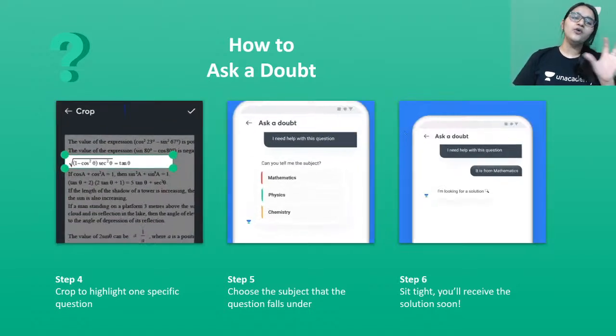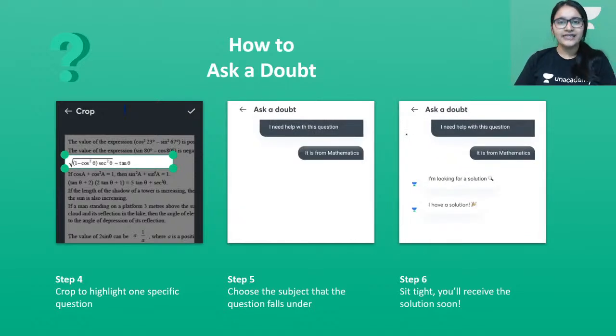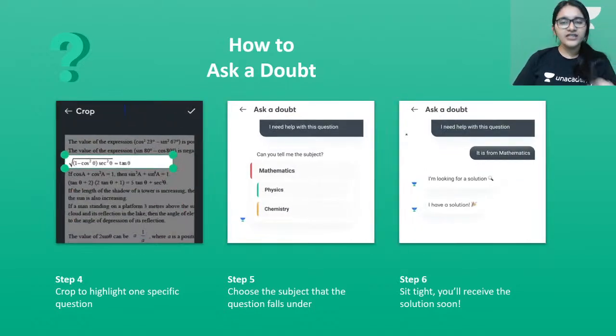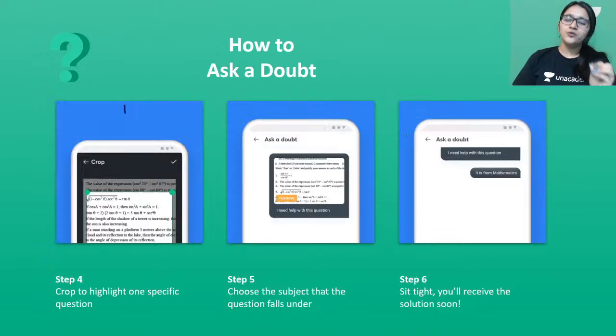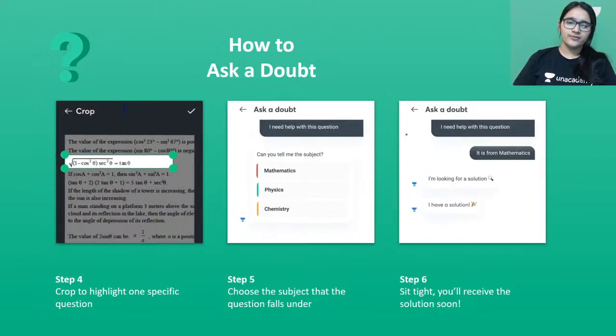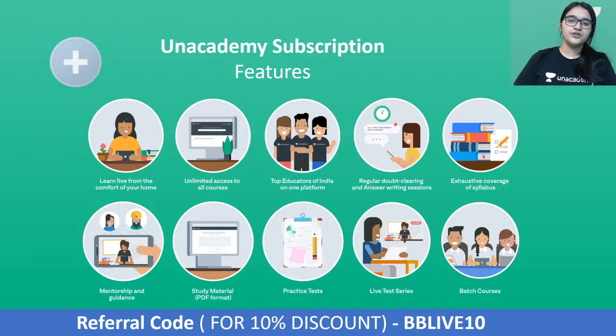Okay? And if they don't have a solution for it already ready, then आपको आपका solution within 1.5 hours मिल जाएगा to one of the top educators on Unacademy. Okay, so everything is available to you at your fingertips. कहीं जाने की ज़रूरत ही नहीं है. And I mean it seriously. Like बारिश हो, बाहर गर्मी हो, ठंडी हो, you are just supposed to sit at the comfort of your houses and enjoy all the Unacademy subscription features, right?